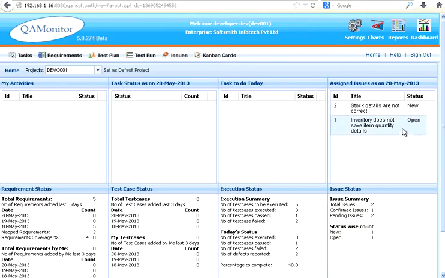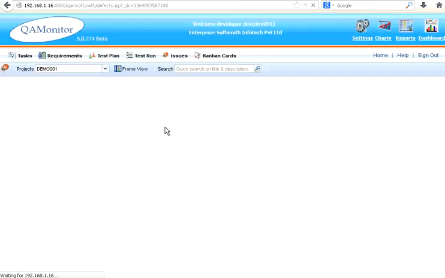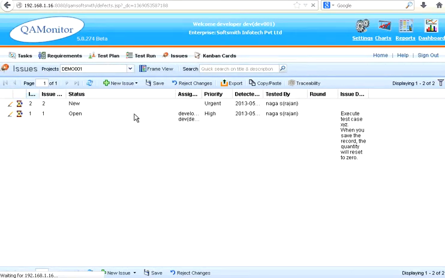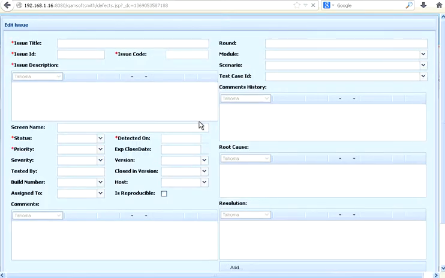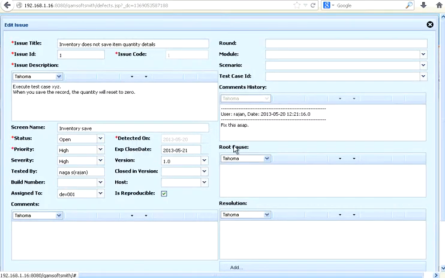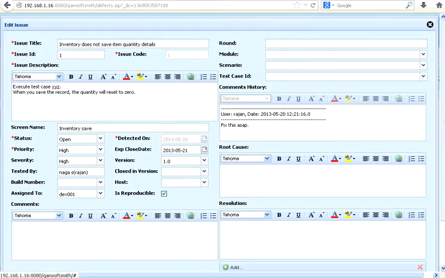Now you could see that reflecting in open status. Now the developer goes to the issues grid. This person edits the status of the bug. This is the issue description. If you want this column to display, you can have this, or you can change that. Now this person edits this. It is currently assigned to the developer. Now the comment appears over here.